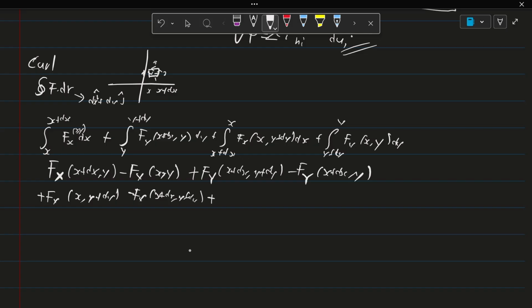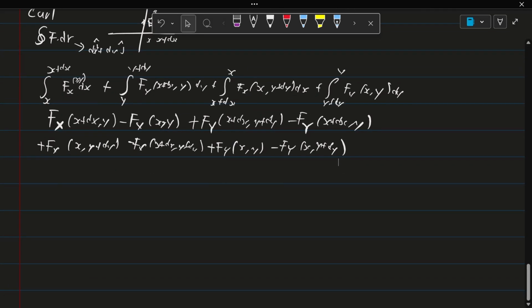Add this with Fy of x, y, subtract this by Fy of x, y plus dy. So this is the entire expression of the integral, let's say. With this, we could actually observe certain phenomena. We could match this and this up, this and this, this and this, and this and this. So what we end up getting